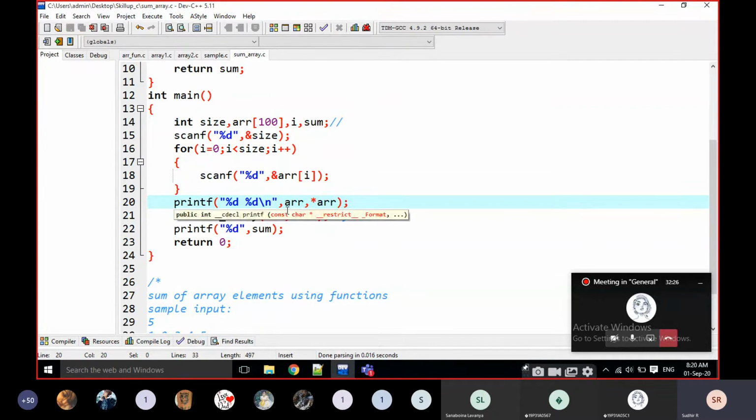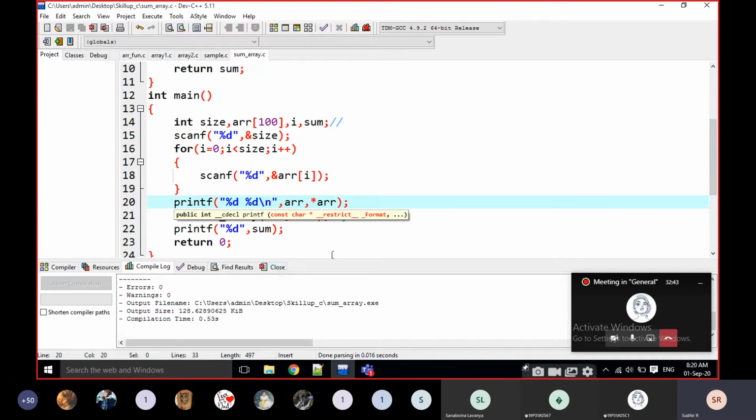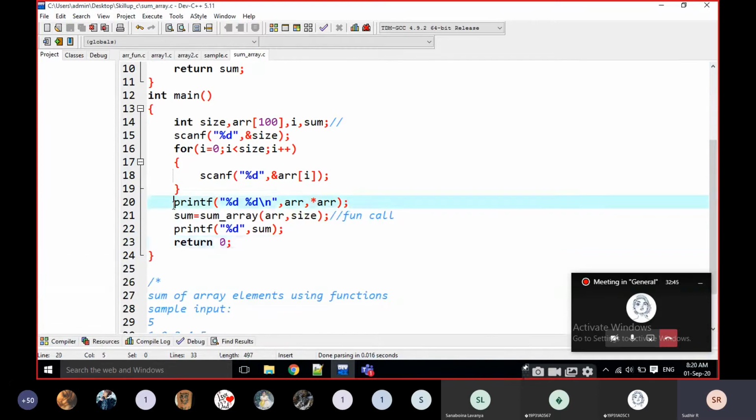Then slash n, that means for new line. For example, here I am going to write 5 variables, 1 enter, 2 enter, 3 enter, 4 enter, 5. It is going to print. This is the address, and at that address, what is the value? That is 1. You have to work like this. This is the common one. Everyone, what is ARR? ARR is the address. That's it, nothing else.